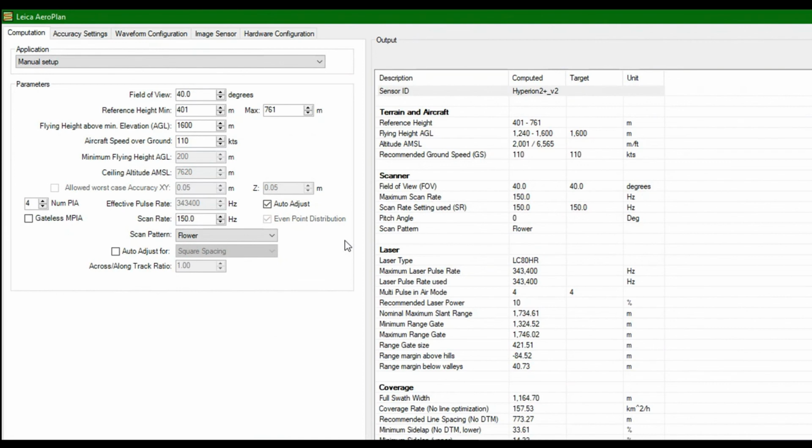Here I have minus 84. Because you see here, the terrain height difference is more than 300 meters, and in the original flight plan there was around 150 meters. So this way